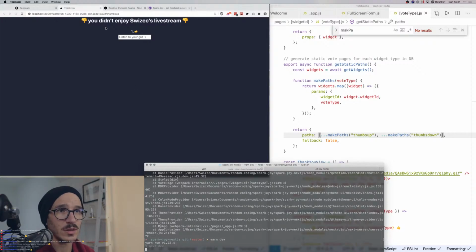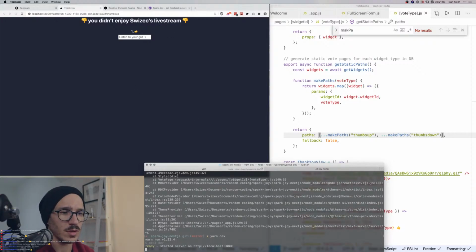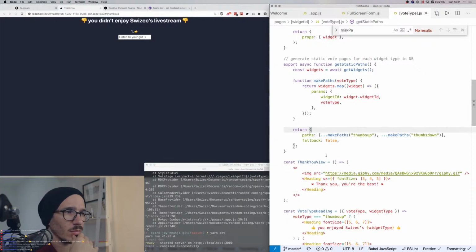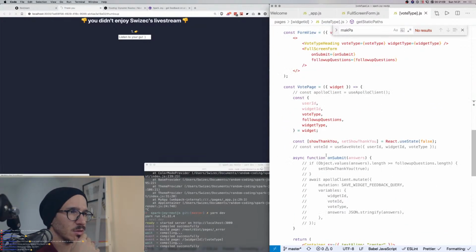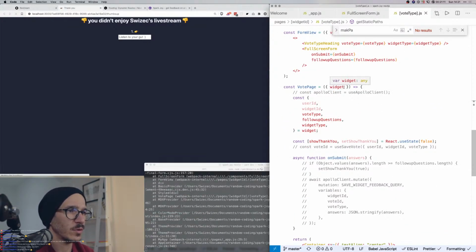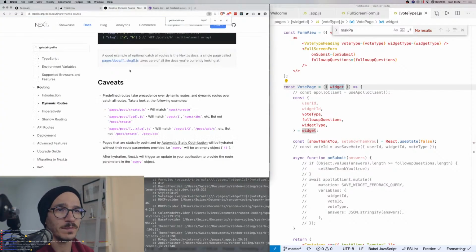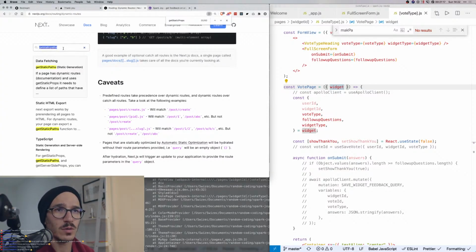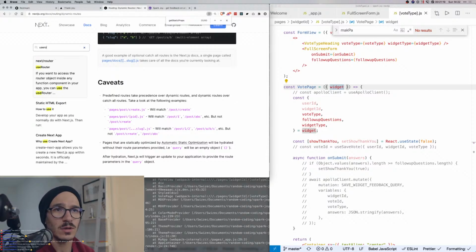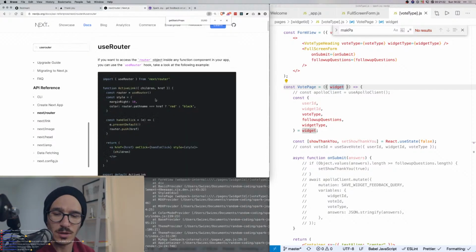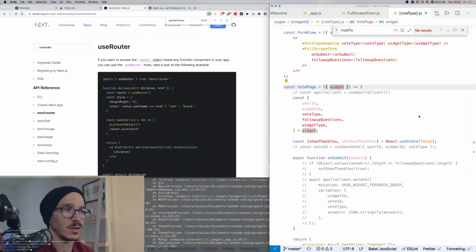Now, why is it not reading the params correctly? Let's see. So we should be getting the vote type from, right, we need to use the router. So we're going to go with use router, next router, and the use router is going to give us info. So here in the vote page, we're going to say,